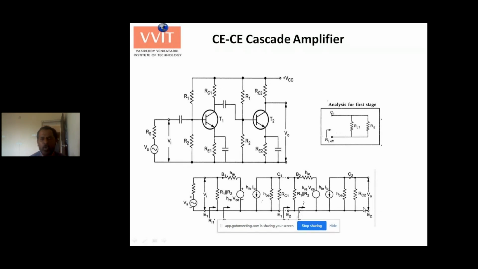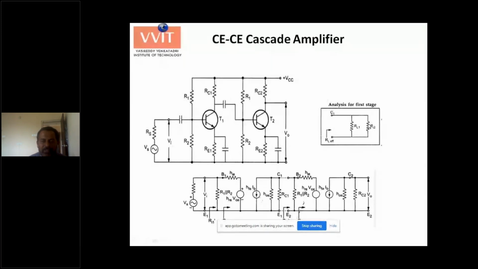This is because of the loading problem. For example, what is the load for the first stage? Externally, the load for the first stage is RC1, but this is being loaded by the effect of what? The second stage. Physically this is the load, but this is not the effective load. What is the effective load? RL1 is the load for the first stage. Now this Ri2, the input resistance, will also come in parallel to this. That means stage 1 is loaded by stage 2. So the effective load for stage 1 is RL1 parallel to Ri2, or RL1 prime.